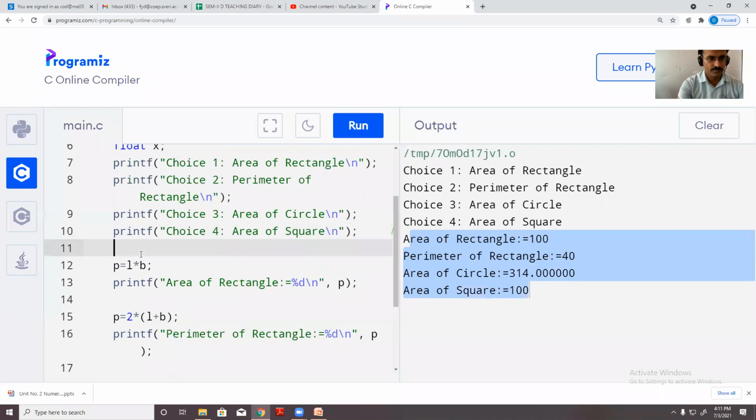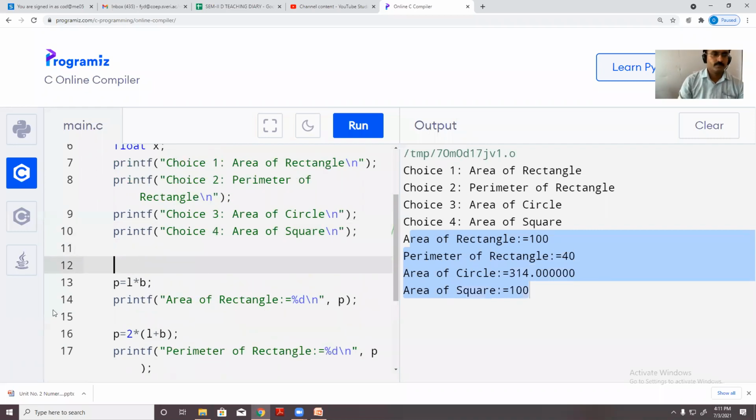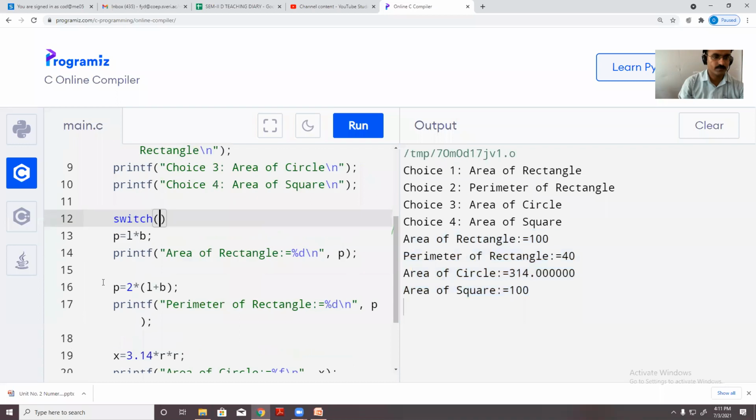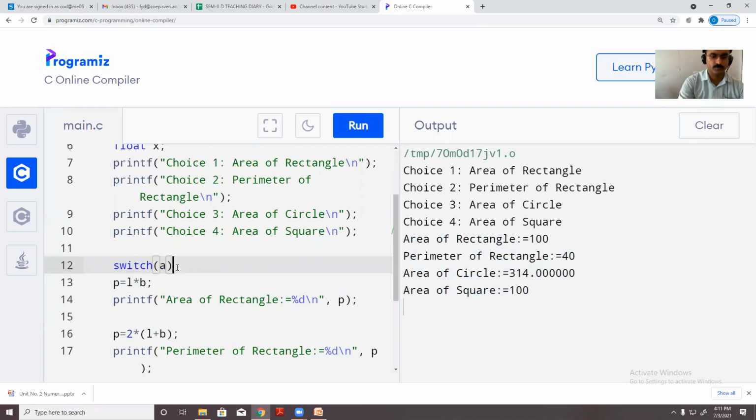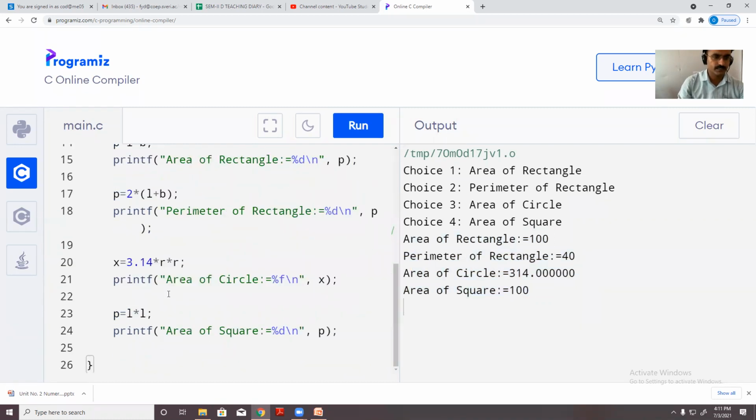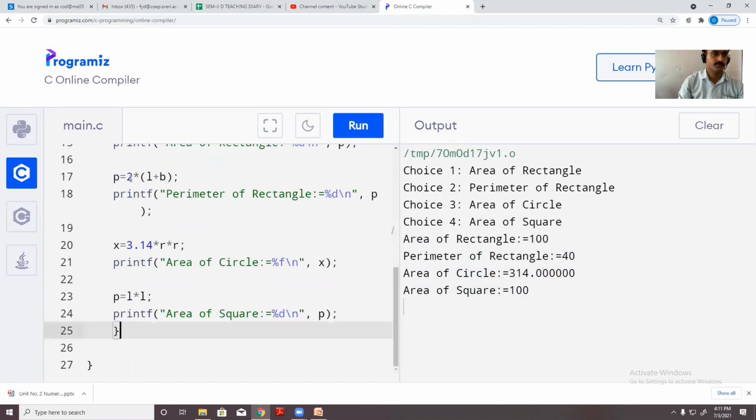Okay, so I'm going to use switch case, the syntax of switch, and here the switching variable. Let's say, I will take one more variable here, A, and here I'm going to use the open curly bracket and close curly bracket. Okay, this is the body of switch.